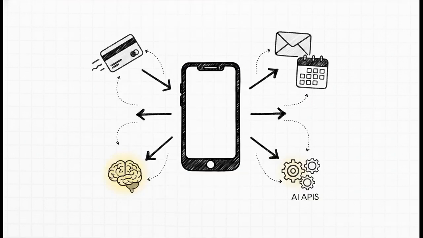Furthermore, no mobile app exists in a vacuum. You need to connect to the outside world. Well, Ajath allows you to connect to over 100 integrations in minutes. Want to process payments in your new mobile app? Boom, connect to Stripe. Need to sync up with productivity tools? Hook up Google Workspace. Want to integrate even more specialized AI features? Connect directly to OpenAI APIs. It literally takes your app from a cool concept to a truly functional, commercial-ready product in no time.